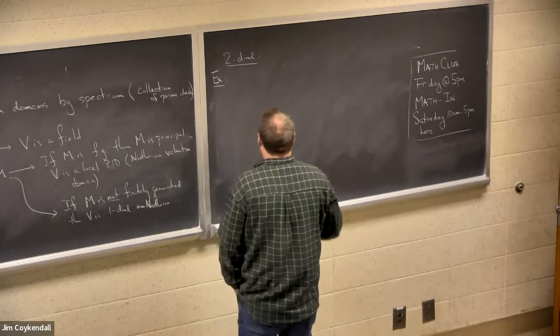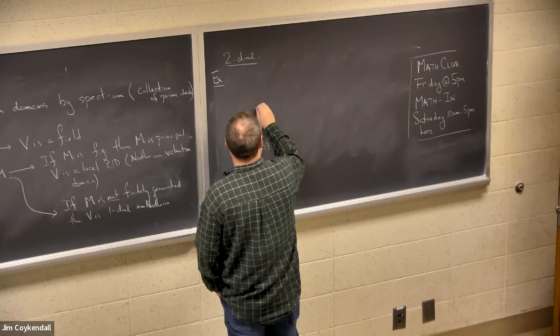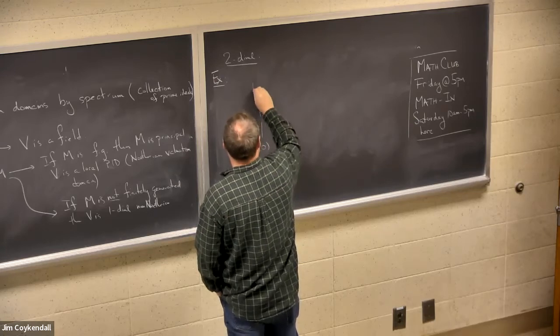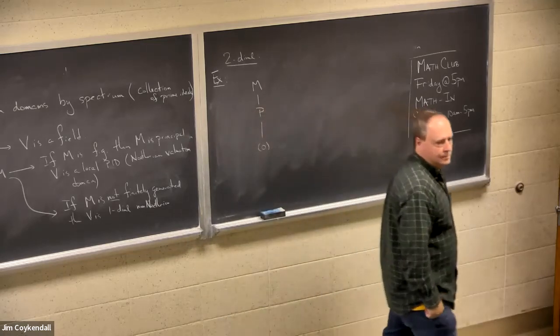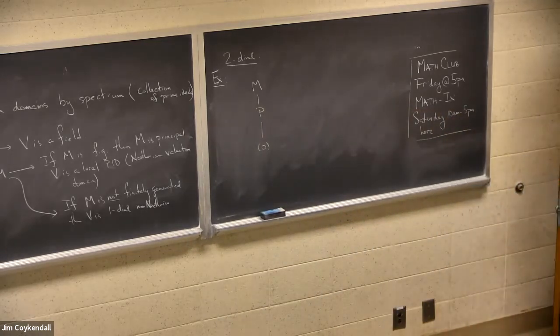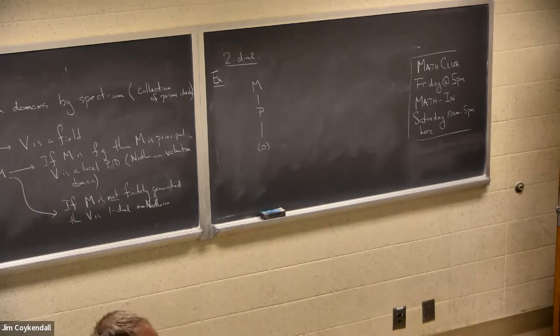I'm going to build valuation domains like this. Zero will be a prime ideal, of course, and it'll have an intermediate prime ideal P. It'll have a maximal ideal,